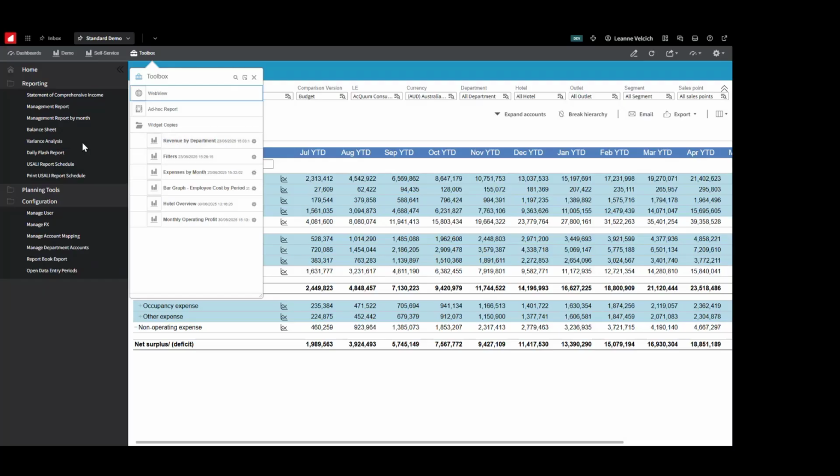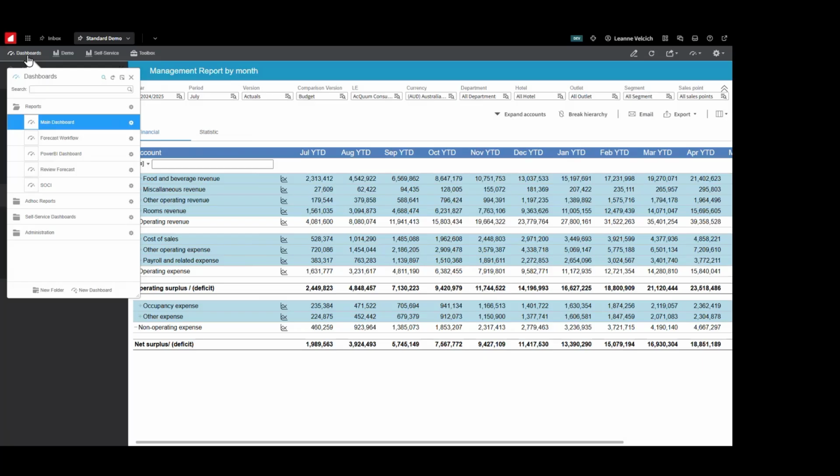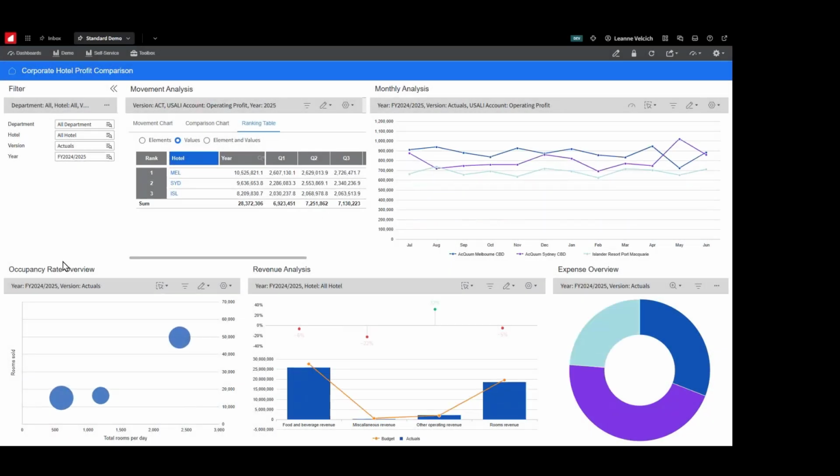Again, the pre-built dashboards are accessible through the Dashboards content connection in the top left menu. For example, we can open a dashboard displaying a corporate profit comparison for our 3 hotels. This dashboard showcases several self-service widgets. Starting from the top left, we have a collapsible filter report,